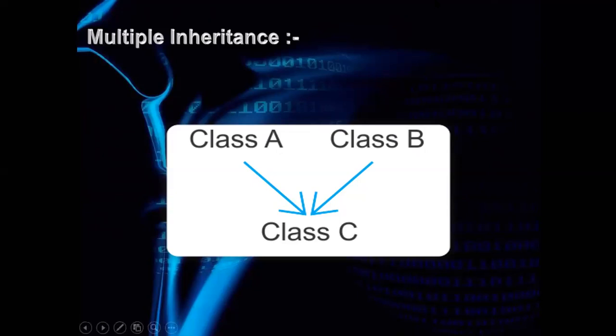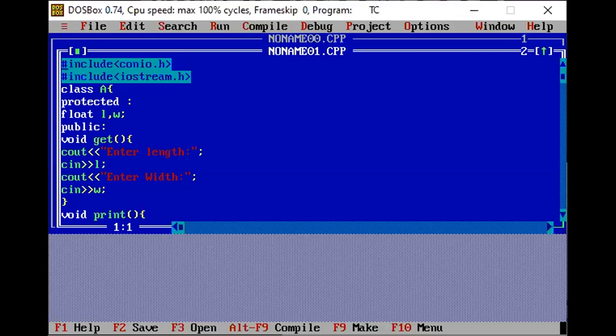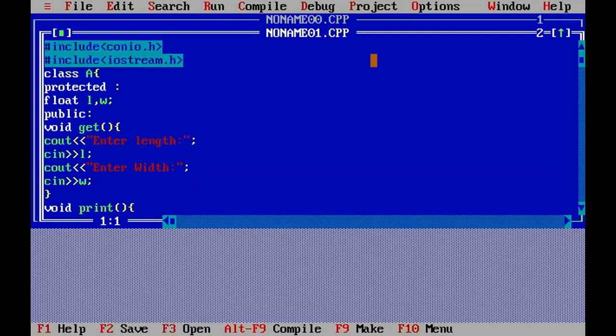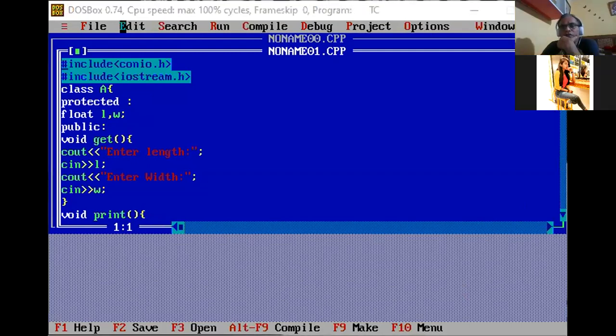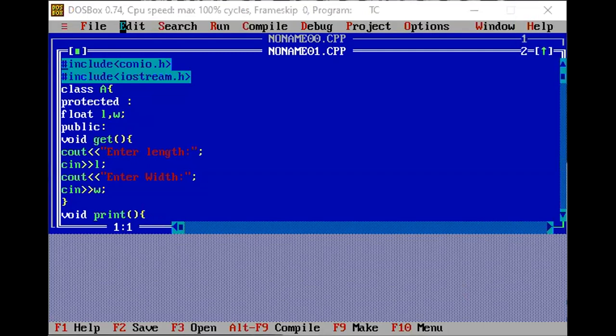So now let's come to the Turbo C editor. In the Turbo C editor, we try to understand here. This is the example of single inheritance.